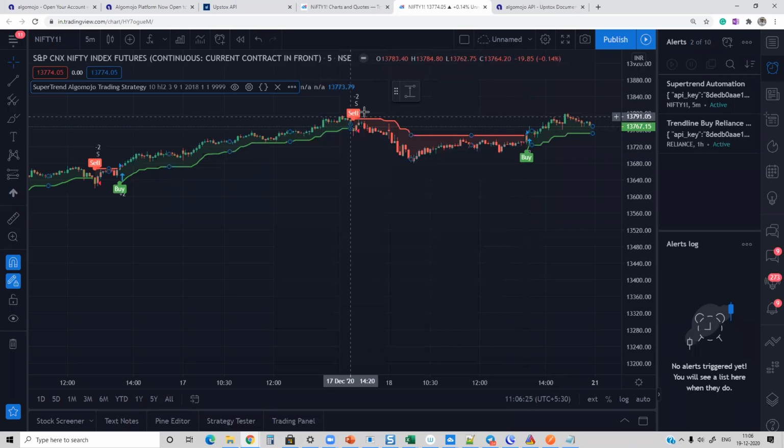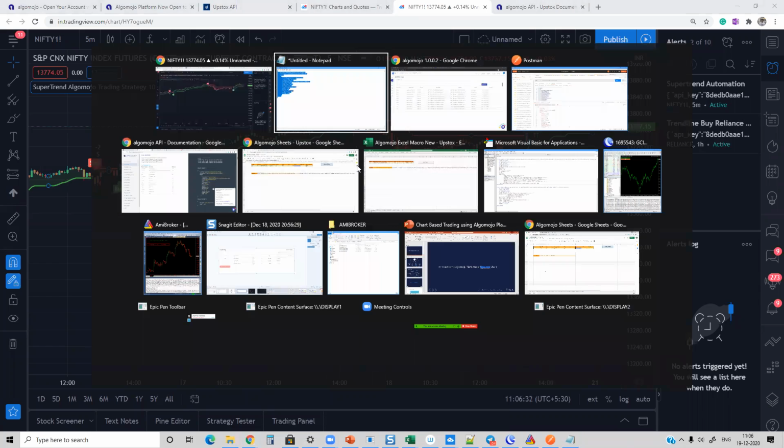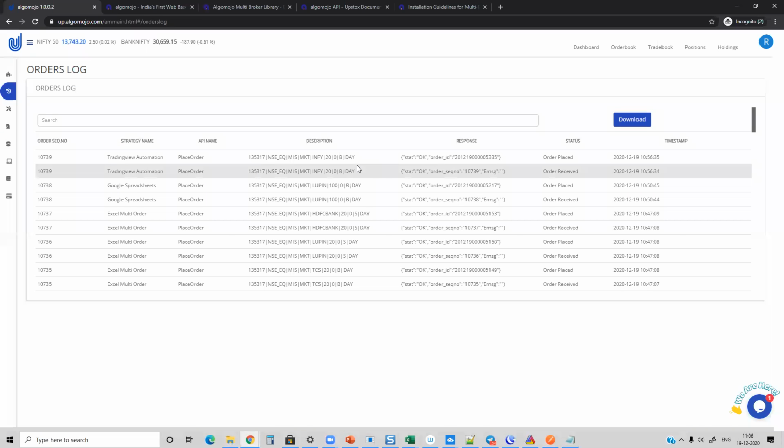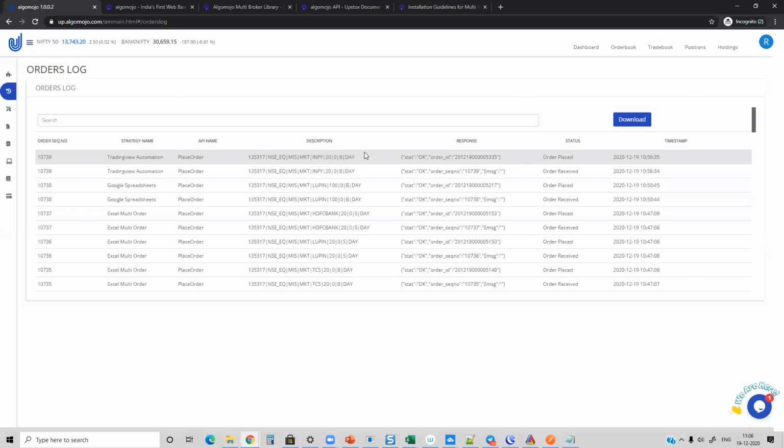If you are sending a sell order, a sell signal will automatically get triggered in your Upstox account. Instantly you will be able to go and see it. At this point of time, markets are closed, so I'm not able to simulate it here. However, in real time, the moment the alerts are set, what you can do here is